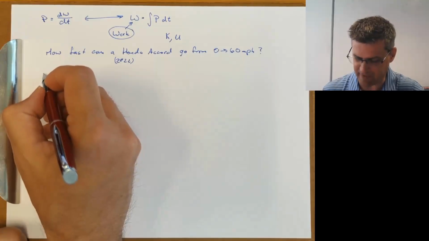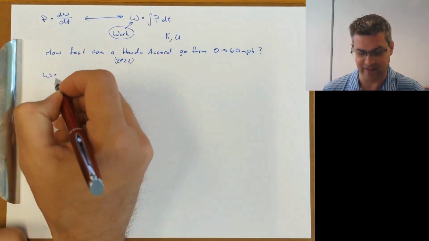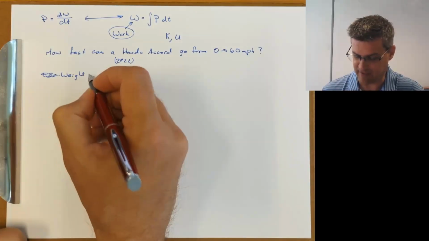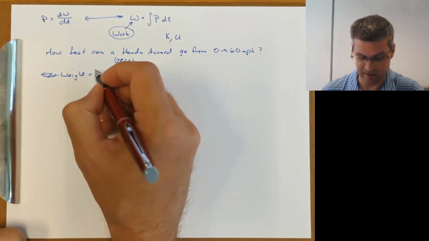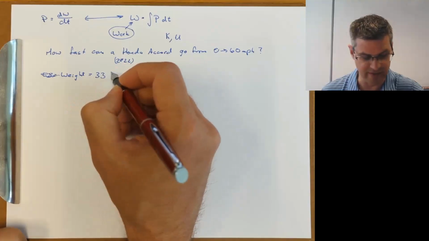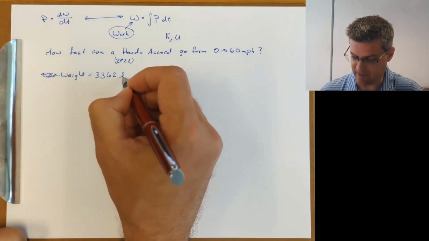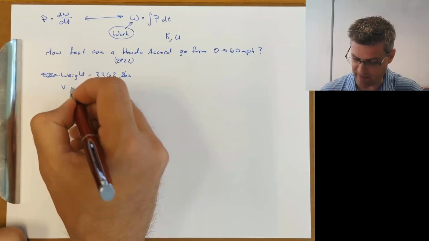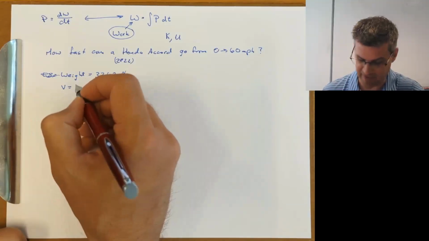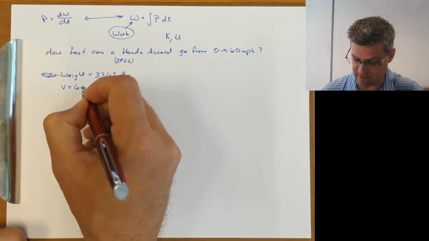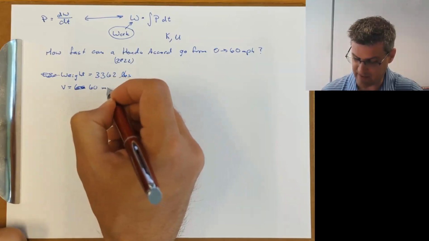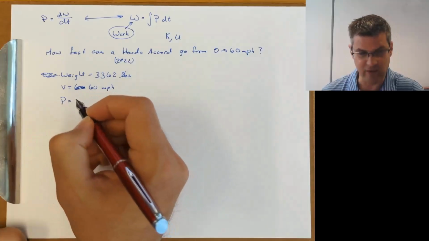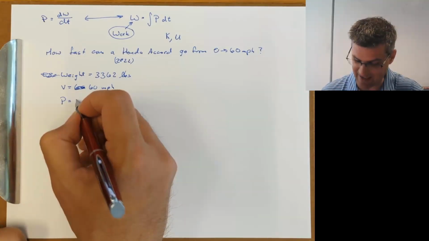But what I found on the internet is that the weight of this Honda Accord is 3,362 pounds. Okay. We would like the Honda Accord to get up to a speed of 60 miles per hour. And I know that the Accord has an engine that can deliver